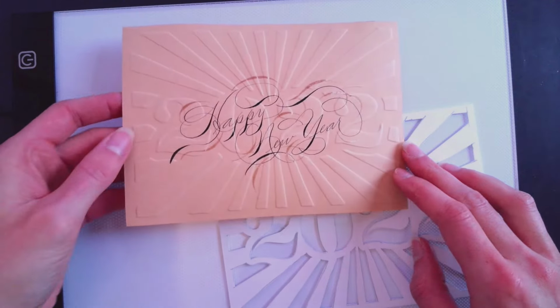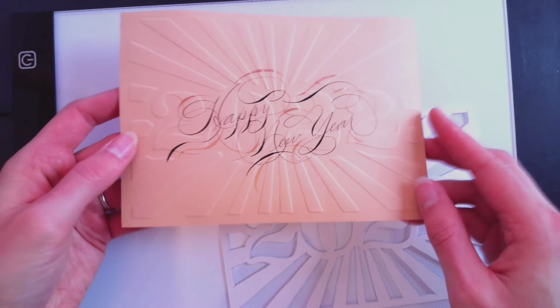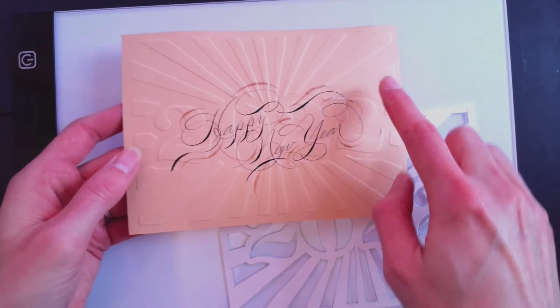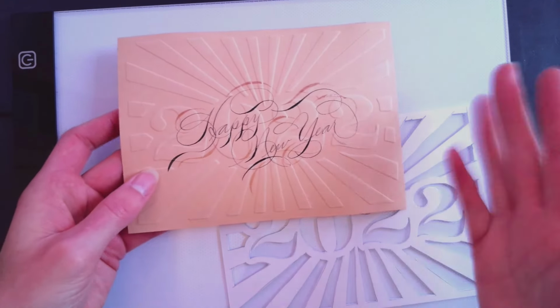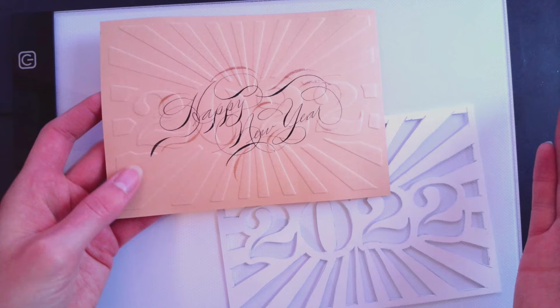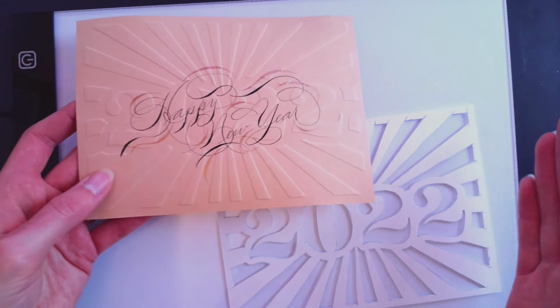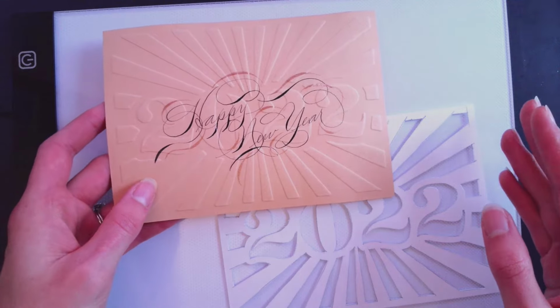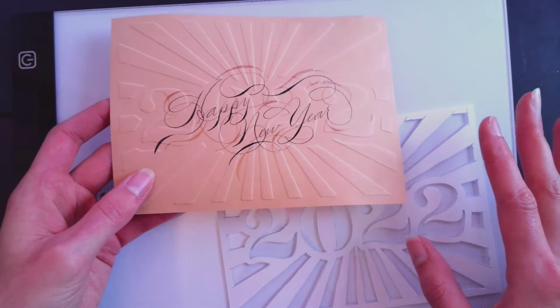So this is just the example that I have done already. I actually did the calligraphy on this first and then did the embossing. I don't have any sort of machine to do this, so I've kind of figured out how to do it by hand. The designs have to stay pretty simple, otherwise it'll take quite a while, and I'll show you a little bit